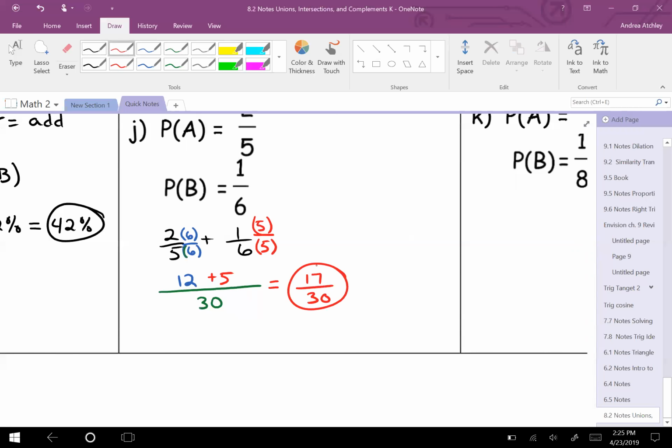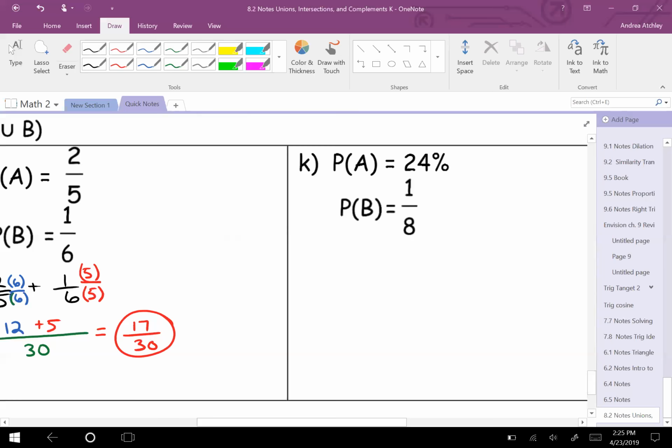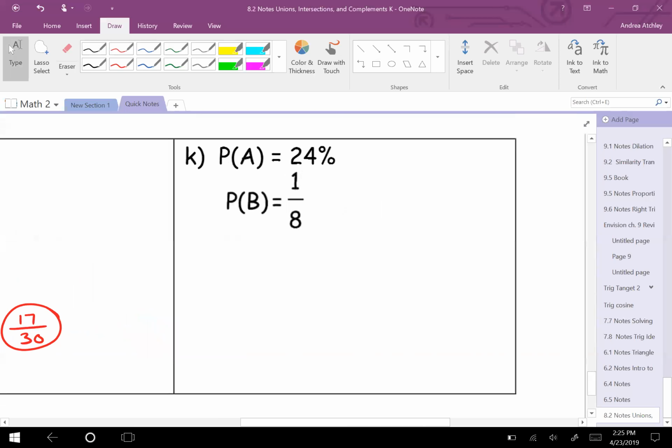For K, they gave you a percent and a decimal or a fraction. I prefer to work